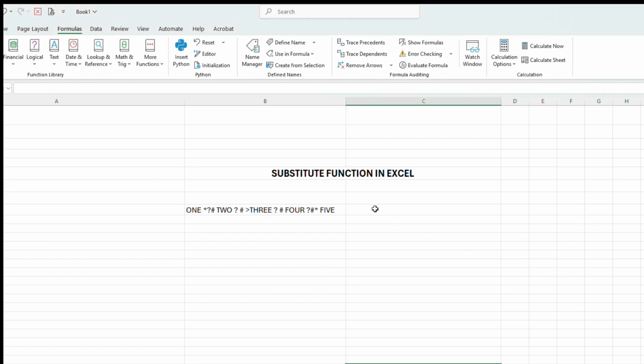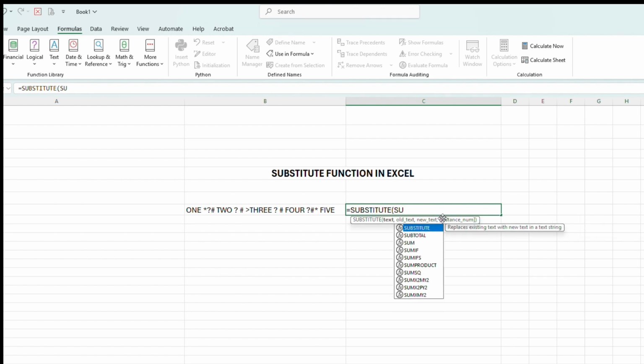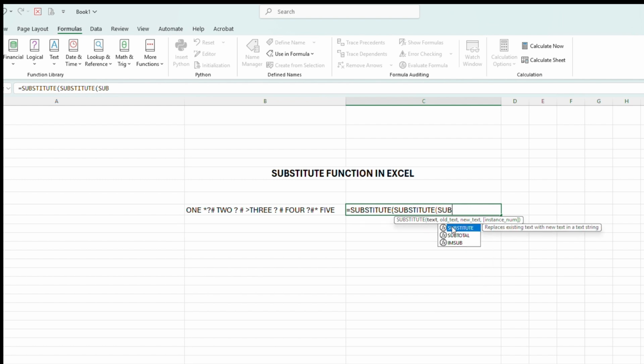So we'll take this formula. Basically you have to count how many substitutes you need: 1, 2, 3, 4. We have to remove 4 items. Okay, so here it goes. SUBSTITUTE 1, SUBSTITUTE 2, SUBSTITUTE 3, SUBSTITUTE 4. Then you have to select the cell range,